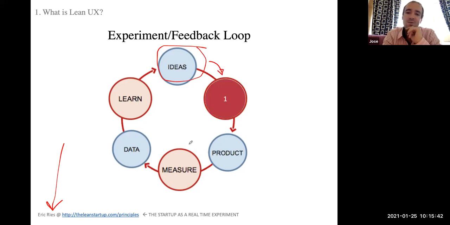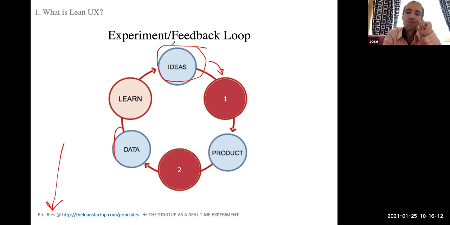And then you package this prototype as a product and you show it to real people as a product, and then you measure what these people feel about the product, right? This gives you data,